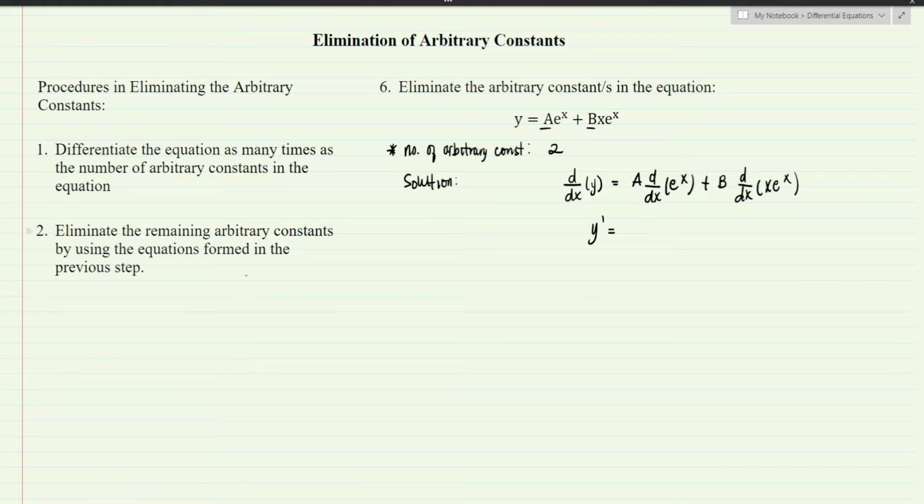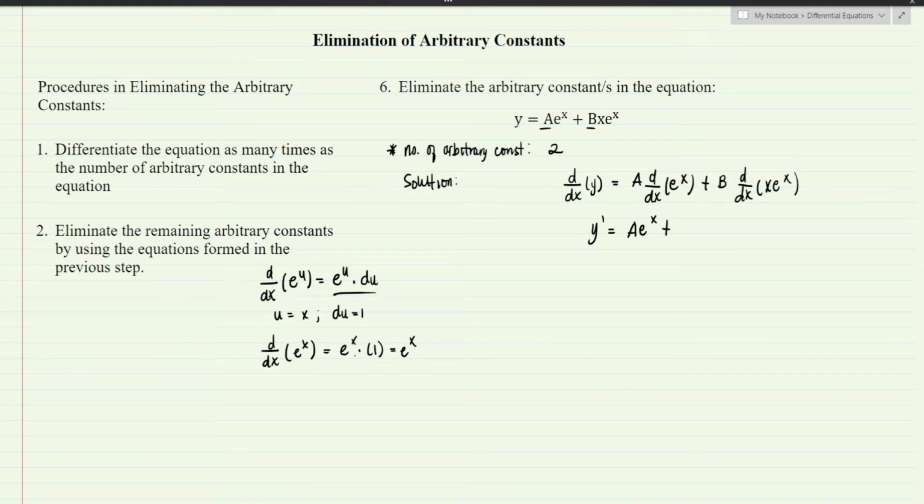As for the derivative of e raised to x, we will use the formula: derivative of e raised to u is equal to e raised to u multiplied by derivative of u. So if u is x, its derivative would be 1. Therefore, the derivative of e raised to x is just e raised to x multiplied by 1, or simply e raised to x. So for the derivative of the second term, I would have here a e raised to x plus, for the third term,